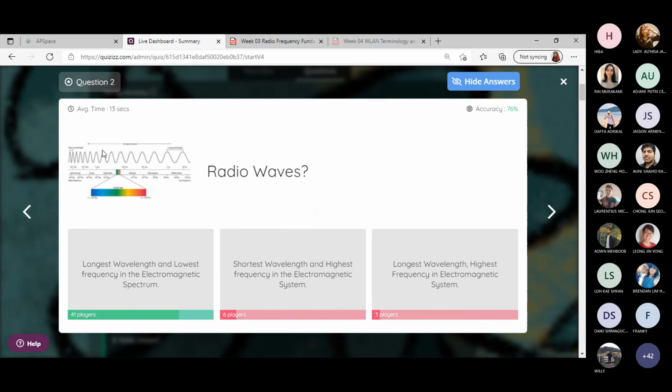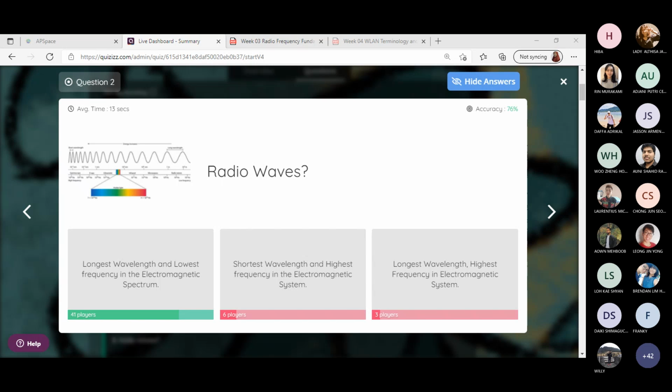These are the spectrum that I mentioned to you, but in our slides, we even have better images to be included in the spectrum. I already told you just now, radio wave, when we talk about the spectrum, it's the longest wavelength and lowest frequency. It's not as high as X-ray, gamma, right? That one is the highest frequency. The frequency 2.4 and 5 gigahertz is not that high, but it can travel. Longest wavelength means it can travel far, right? Like X-ray, it cannot travel far. You can only take X-ray at certain rooms, right?